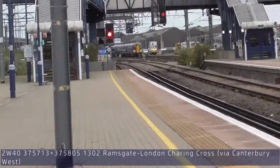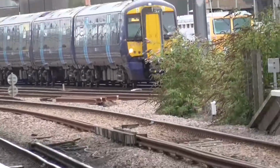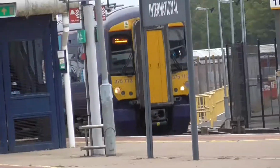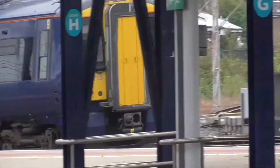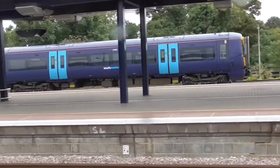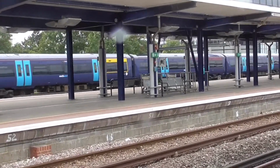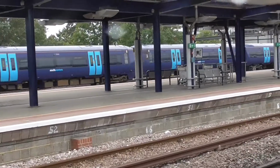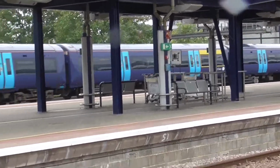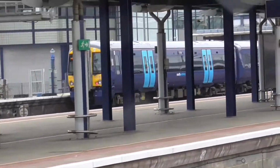Coming in now is a South Eastern Class 375, on a service from Ramsgate to London Charing Cross, running via Dover Priory, arriving on platform 2. So look at the numbers. This is 375713. I believe it's 377. Yep, at the rear is 376. It's a 375, 375905. They look identical to the 377s pretty much, except I think the 377s have slightly bigger